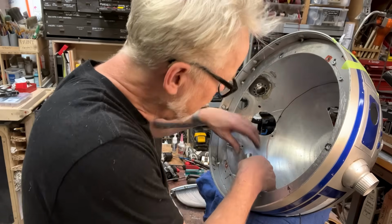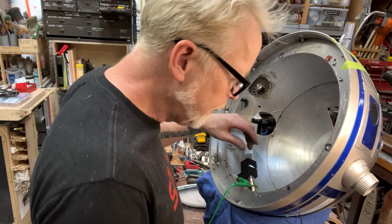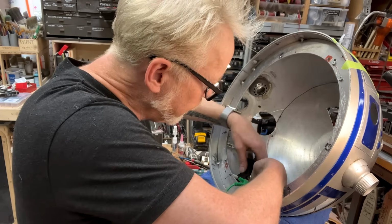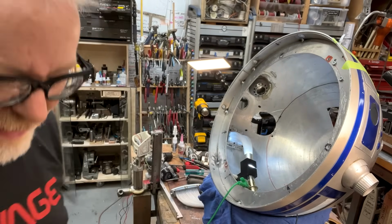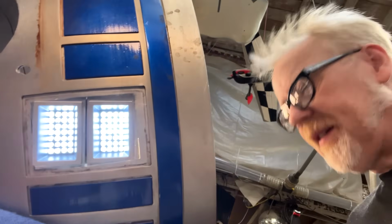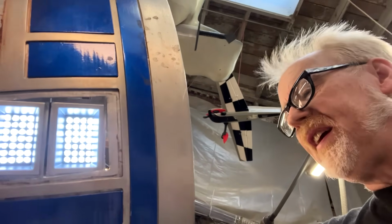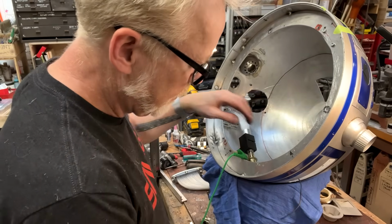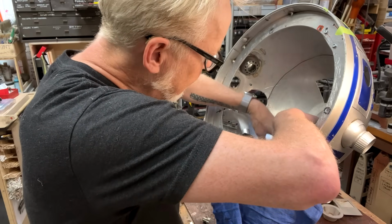There we go. That is a respectable brightness. Is that the brightest it can be? Nope. Great. I love it. Here, take a look. Look at that. Yes. Yep. That's good. That is working. Okay. So now, how to fit the other one in. Don't need that anymore. And then,